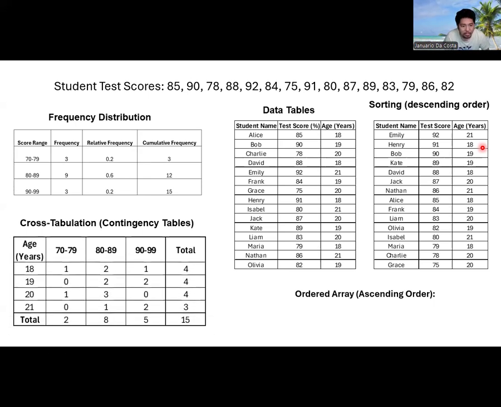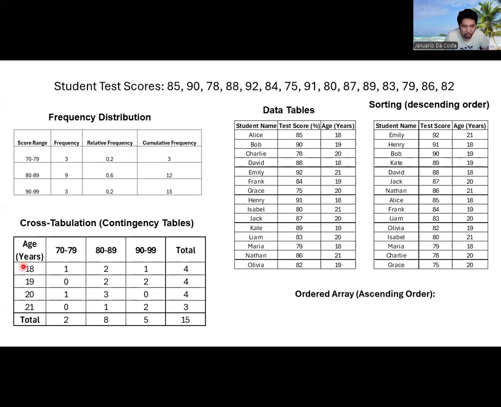Or you can organize it by cross tabulation or contingency table. For example, the age and then the grades. So if I ask this, okay, students that are 19 years old